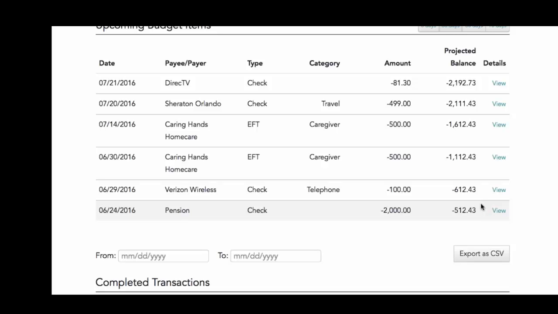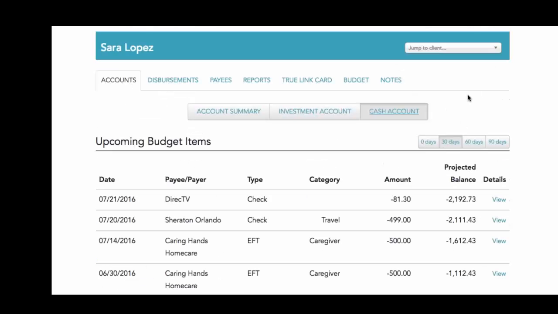What that spending plan allows you to do is think, okay, how much money do we need to have in cash for the next 6 months or the next year to make sure that we can meet all of their needs. So that's a very quick tour and introduction to some of the ways that the TrueLink system works and can be used. It is used by the pool trust, like the Golden State Pool Trust, to manage all of the complexity and need for documentation of discretion around trust disbursement. With that, Steve, would you like to add anything?